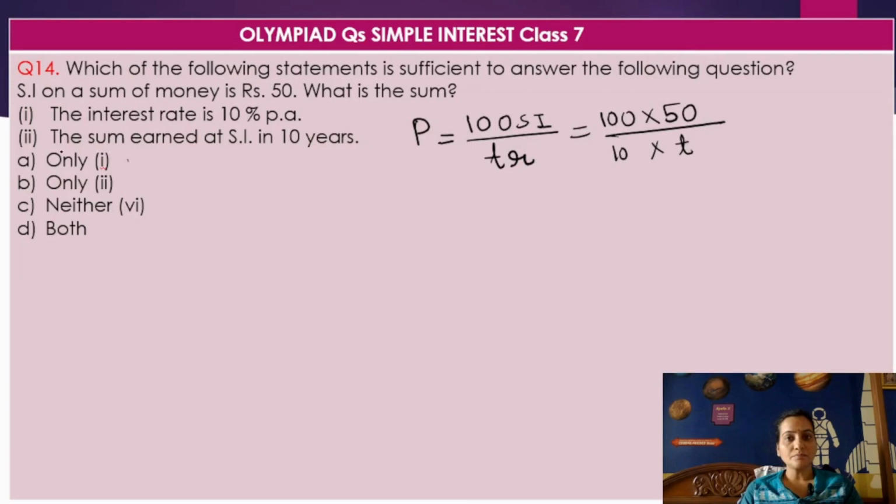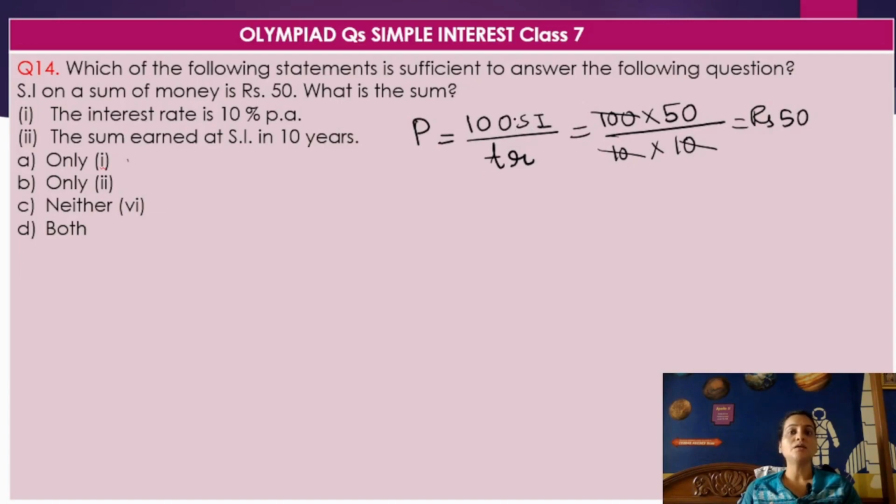तो second bit क्या है? The sum earned at simple interest 10 years. So instead of just writing here T, if I put the actual value 10 years, then can I not easily find out the principal? Principal amount आराम से निकल आता है ₹50. ₹50 if I invest for 10 years at 10% per annum, then the simple interest that I get is ₹50. Okay. So ये clear तब होता है जब both time period and rate of interest और simple interest मुझे तीनों